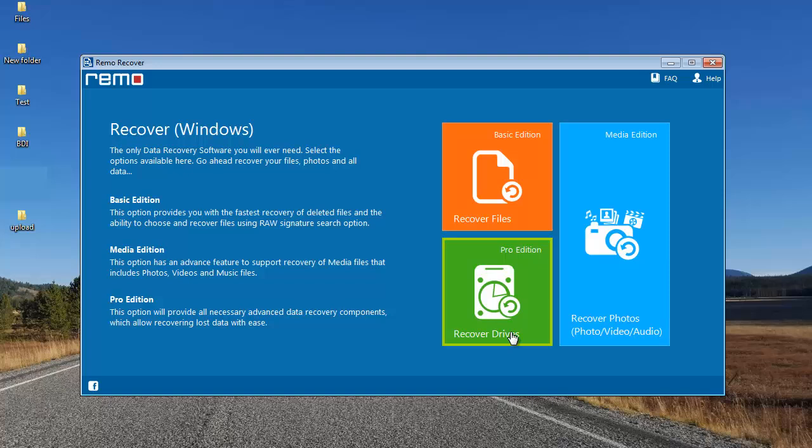So in order to recover data from your Samsung SD card, click on this blue option that you see here, that is recover photos. This option will let you recover photos, videos, as well as all the audio files that were lost or even deleted from your SD card. I'll click this option,